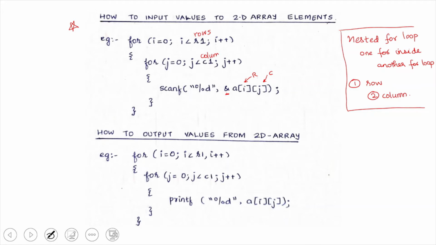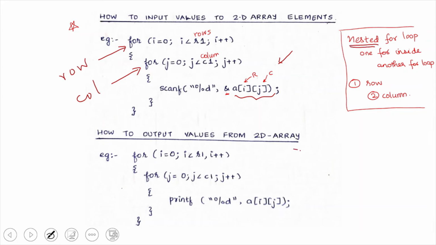Now how can we input values to a 2D array? We can use a scanf statement. Similar to reading a single dimensional array, we could write an extension for a two-dimensional array. Only thing extra will be the second subscript which is used for the column. But remember to use two for loops. The first for loop is for the row and the second for loop will be for the column. So what we are going to use here is a nested for loop.